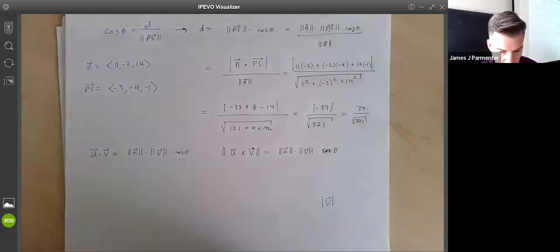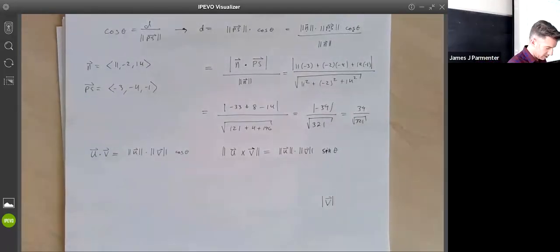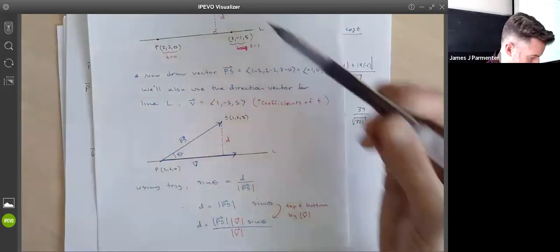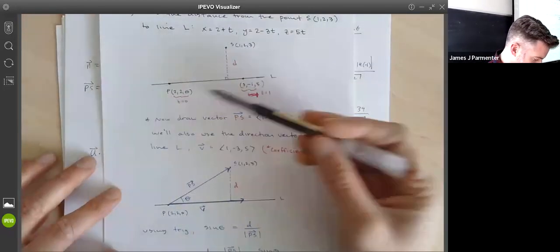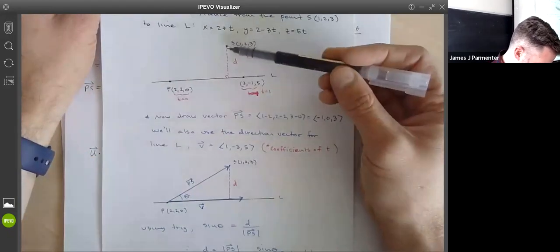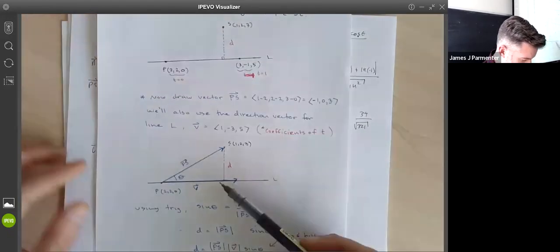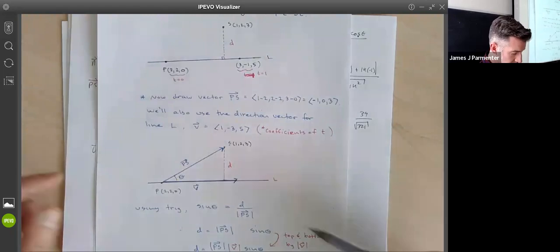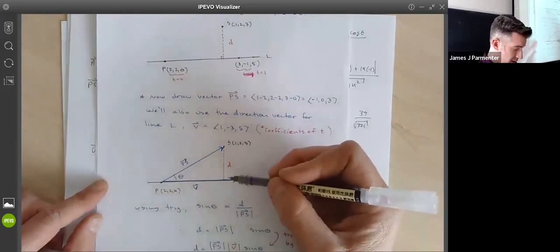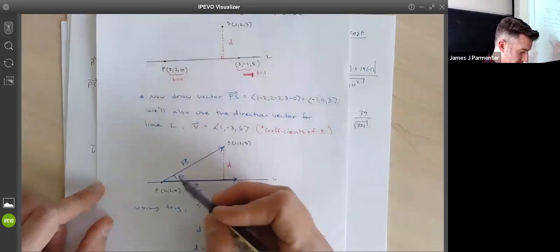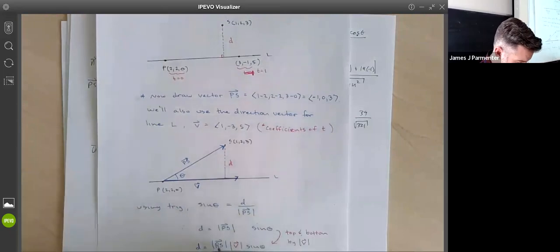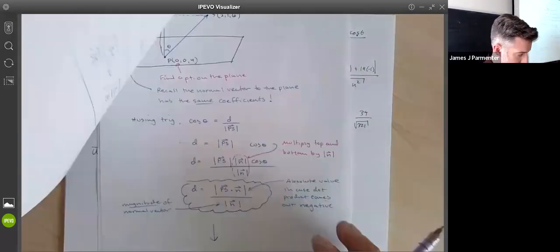So, right, if you look back at what we did last time, previously we looked at the distance between this point and this line, and we ended up dropping a perpendicular from that point to the line, finding another point on the line, and then doing the usual thing, drawing an angle using trigonometry. I'm trying to find this distance, so I ended up using sine, because sine of that angle equals that side over that side. So in this instance, we ended up using the cross product because we got to this formula here, and then